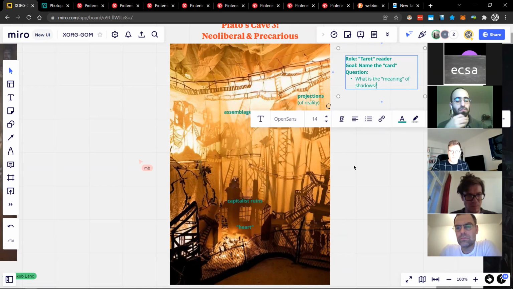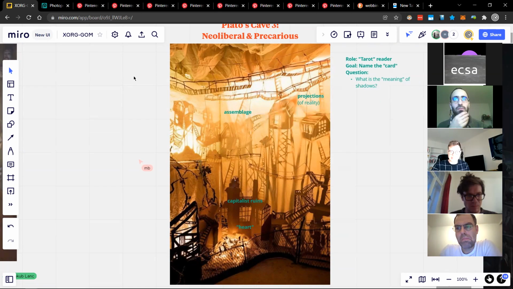And by that I mean, what is the meaning of shadows, in the sense that if we think of shadows as a kind of meaning, what would be, for example, a shadow text? There's text and shadow text. How is the shadow text different? And then, of course, the context is the same image, which is full of shadows. And then that leads me to think, oh, okay, shadow is a projection.